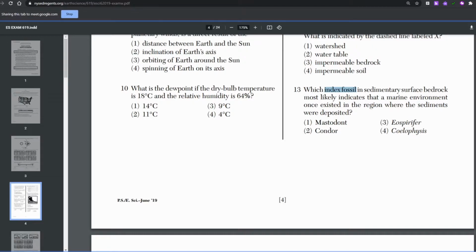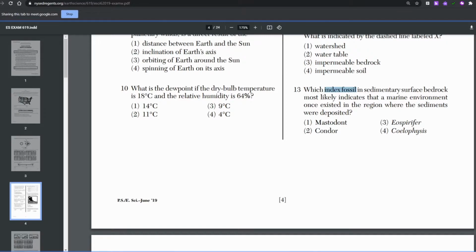Index fossils are organisms that were in a wide area, but only for a short period of time. Can we think of anything that's been in a wide area for a short period of time? Humans, dogs, cats, they've been all over the whole planet only for a short period of time. But to be honest with you, they're not very good index fossils because they're all very recent. We want to know what happened a long time ago. So the classic ones would be